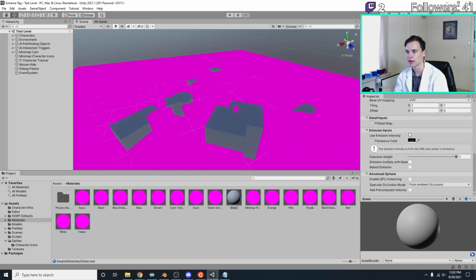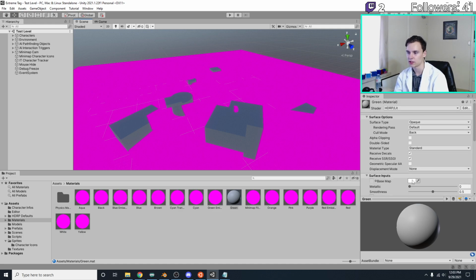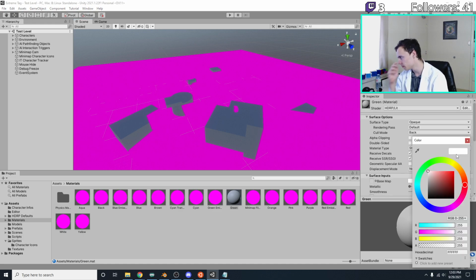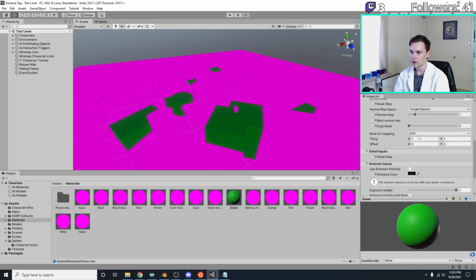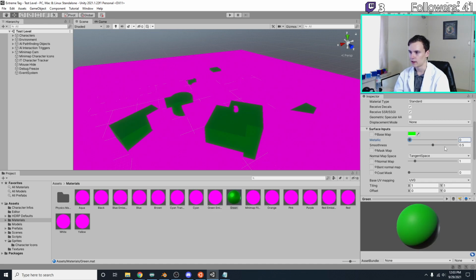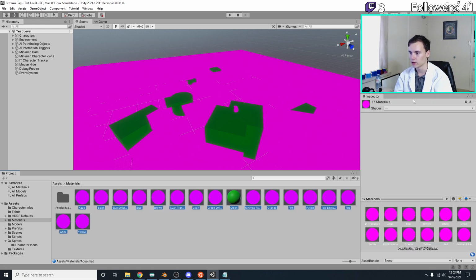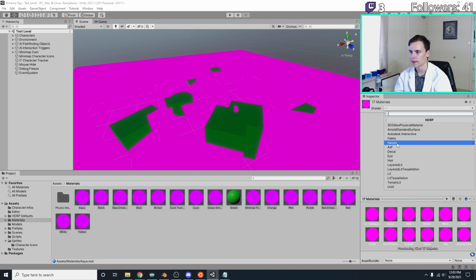Now I have to set the colors back to what they ought to be, but that's okay. We can do that. Which does mean that I then have to set up metallic and all that sort of stuff, which is fine. I was expecting to do this, and it's something we only have to do once. And it's good that we're doing this at a point where we don't